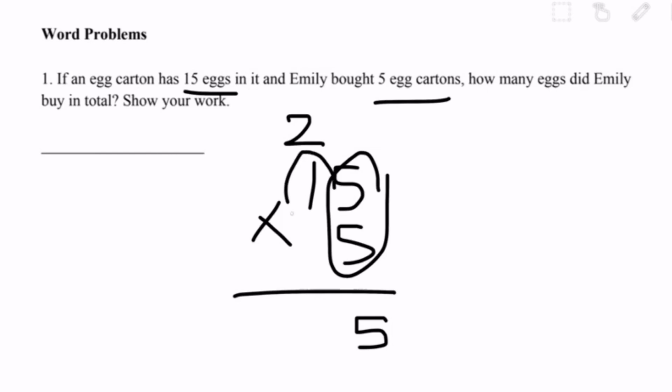And now we have to multiply 1 times 5. 1 times 5 is 5. But we can't forget the 2. 5 plus 2 is 7. So our final answer is 75. Emily bought